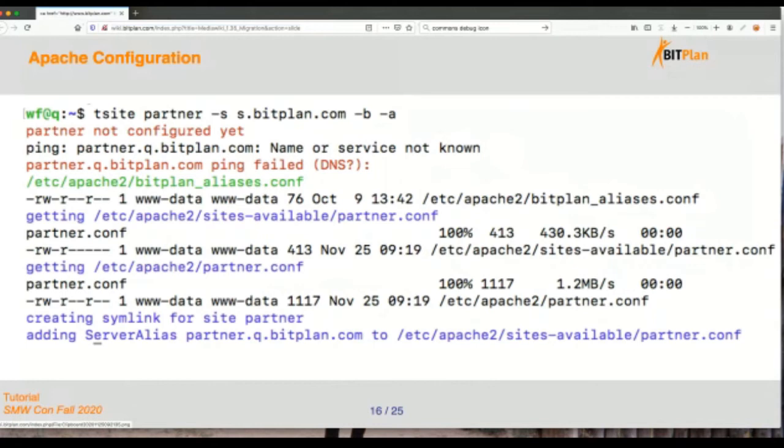So if you're running Apache, you can use the same approach as we do here. If you use a different server, you still have the same task, but it might work a bit differently. So first thing the script does is looking whether there is a configuration for the site that you want to set up. And in our case, we set up a virtual host for every site we're running.